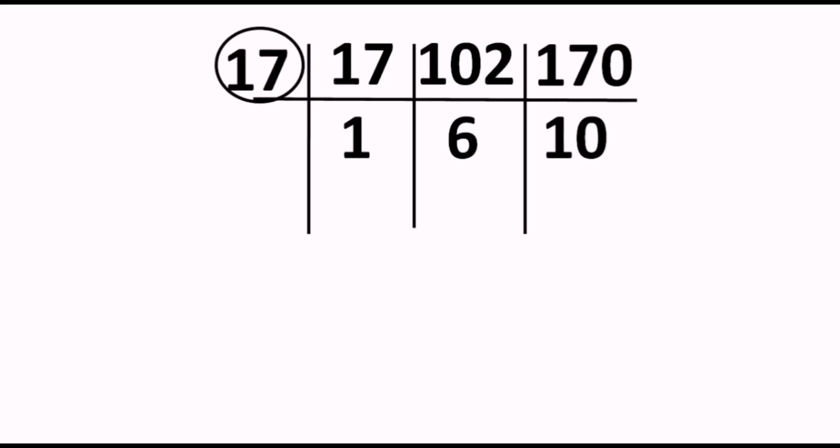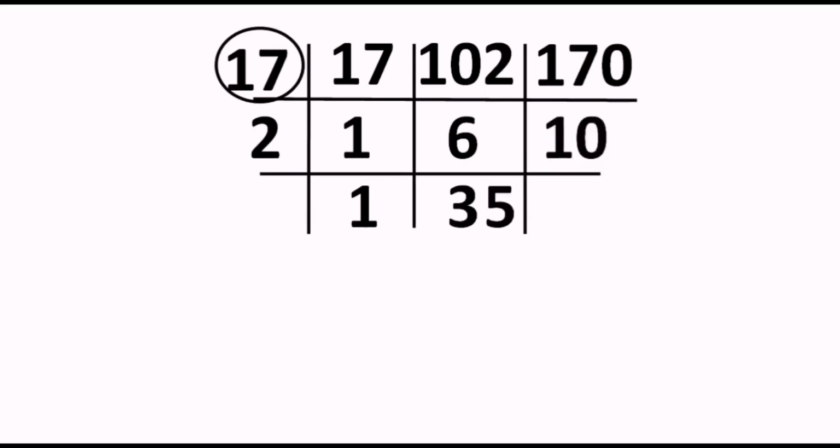So at the bottom layer, we have 1, 6 and 10. Now over here, all the numbers are not in the same table, but 6 and 10 are. The problem is that no two of them should be divisible by the same number. Presently 6 and 10 are both divisible by 2, so we have to divide them by 2. Dividing 1 by 2, we get the same 1. When you divide 6 by 2, we get the answer 3, right? And when you divide 10 by 2, we get the answer 5. So that makes our bottom layer 1, 3 and 5.